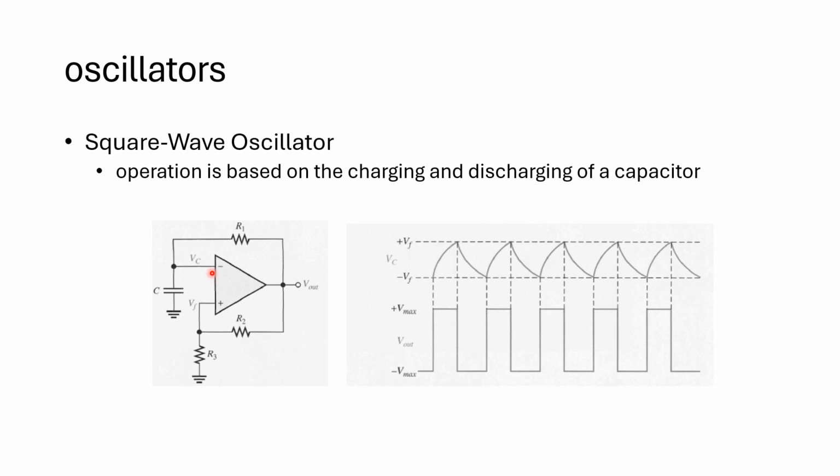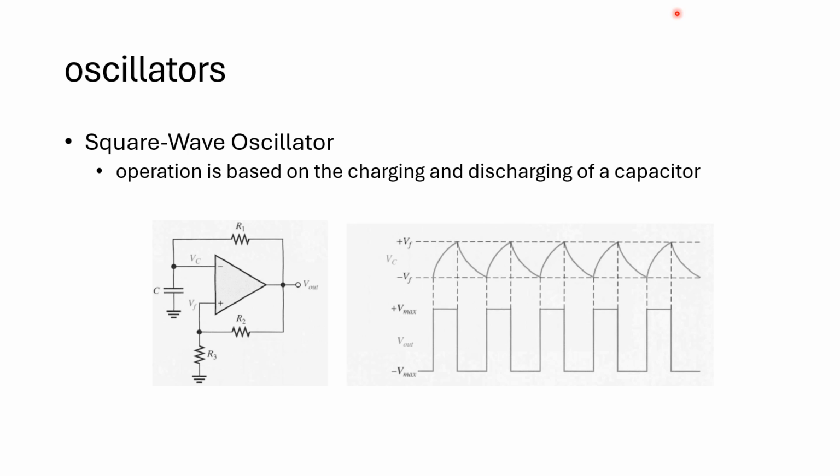This makes the output a positive maximum, and the capacitor begins to charge towards your output voltage through your R1. When the capacitor voltage VC reaches a value equal to the feedback voltage VF on the non-inverting input,